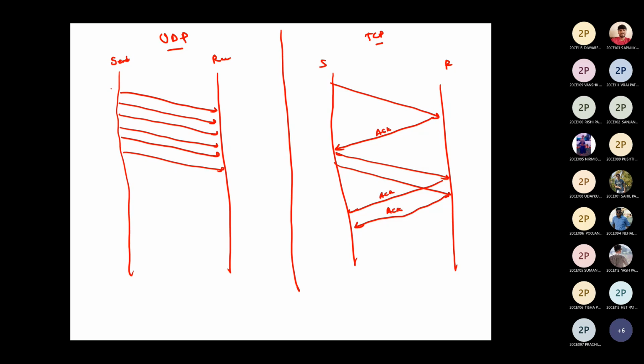And over here, it sends everything together, but it's back to back with some space between the packets. This space is constant. You can consider the space between P1 and P2, P2 and P3, and subsequent packets as constant. On the receiver side, you are receiving your packets at a constant rate, and there is no acknowledgement involved over here. So in practical number 8, we found one parameter that is known as interval.